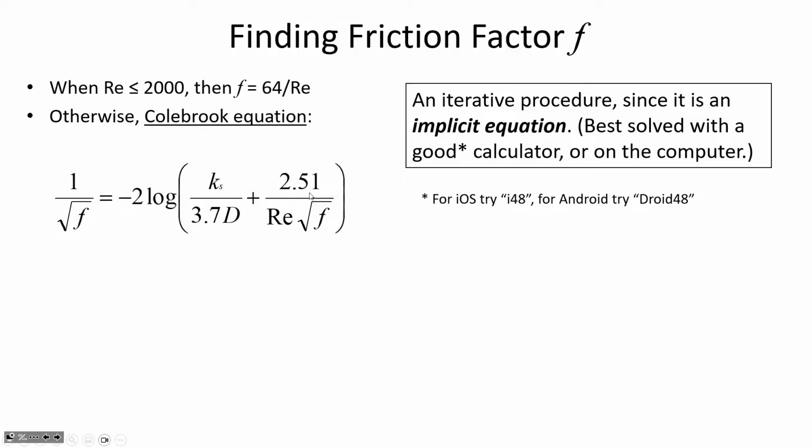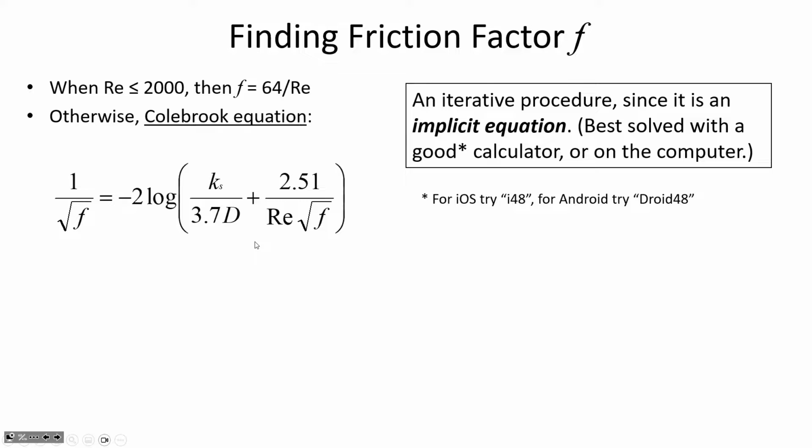Two separately influencing factors. One is the pipe materials relative to the diameter of the pipe. So that's the first term, is what the pipe is made out of. And then the second term has to do with what is the velocity of flow through the pipe. And that's captured in the Reynolds number. So we'll look at how those two different